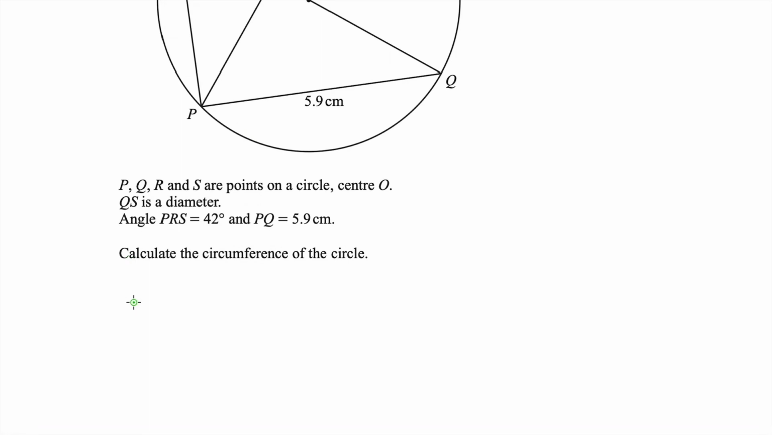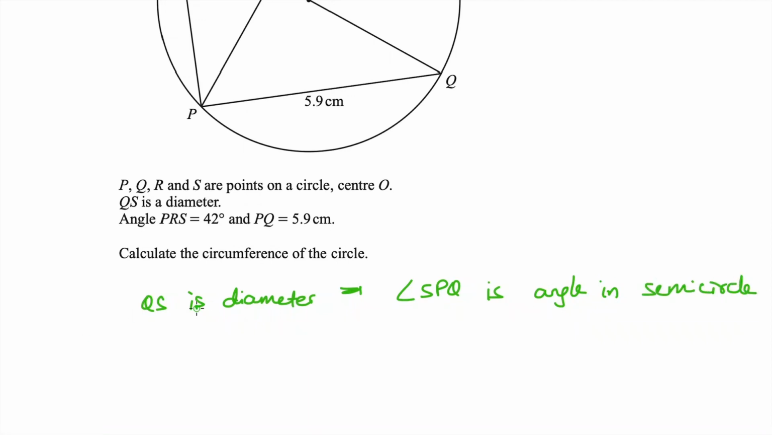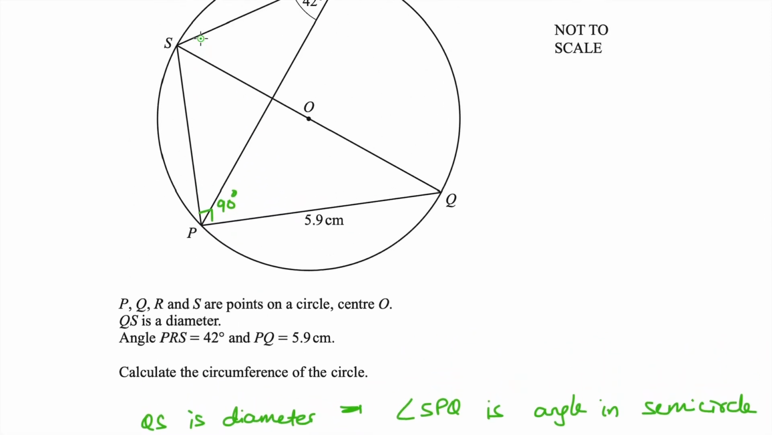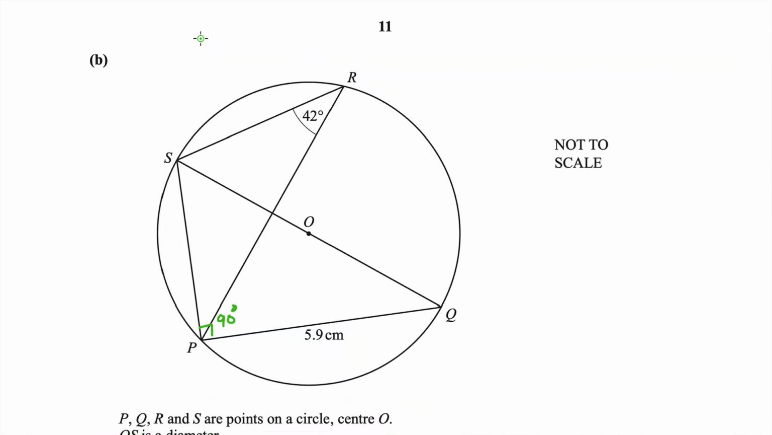So the most important thing that we need is QS is diameter. That implies angle SPQ is angle in semicircle. So if QS is diameter, then angle SPQ will be in a semicircle. And so what is angle SPQ? That implies angle SPQ is equal to 90 degrees. So this is the part we need to be careful with. And that's it. The problem is almost done. Once you find out that it is 90 degrees